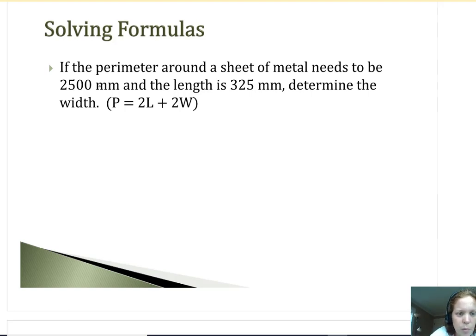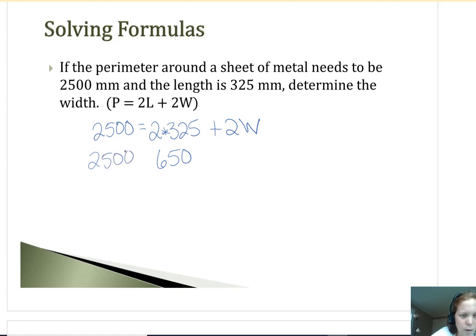Okay, so for P, I'm going to plug in 2,500 equals 2 times the length, 325, and then I don't know the width. That's what I'm trying to figure out. So first I'm going to do 2 times 325 is 650. I'm going to bring everything else down and keep everything lined up. Now I'm trying to get W alone, so I'm going to subtract 650